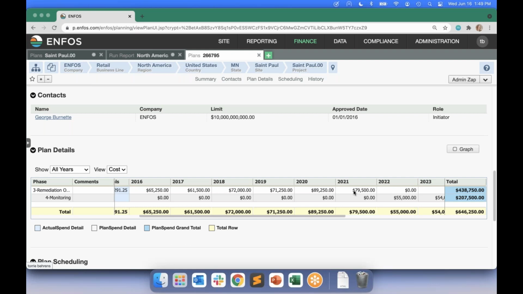So without getting into an Excel grid and doing the math, it does copy it over. I guess you'll have to trust me, but I'd say use your ENFOS system. You know it, you know your numbers. When you do that copy plan balance, it's going to copy over that money exactly. What's also nice about copy plan balance,